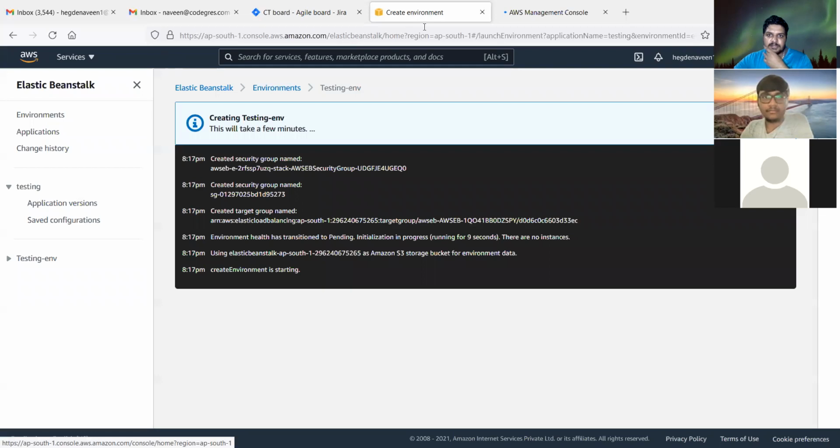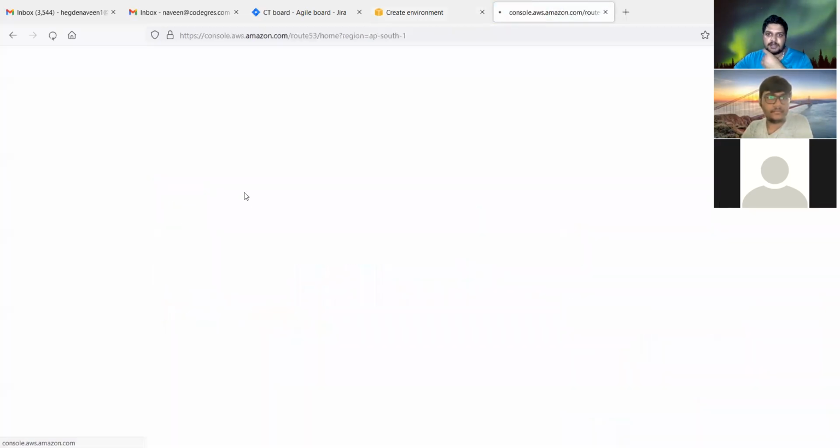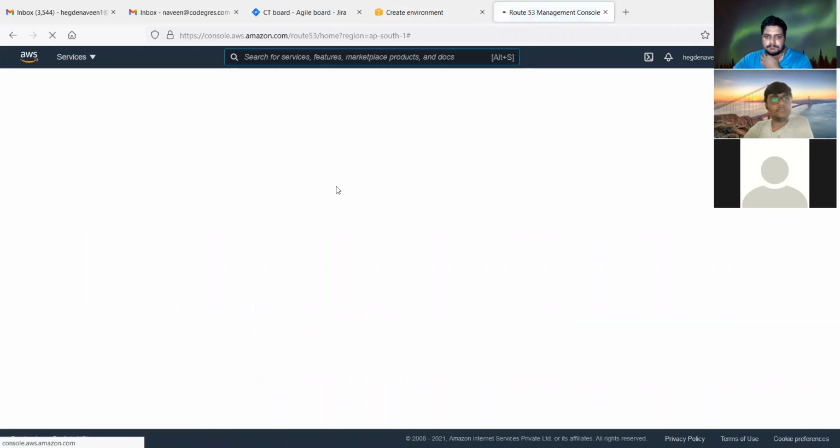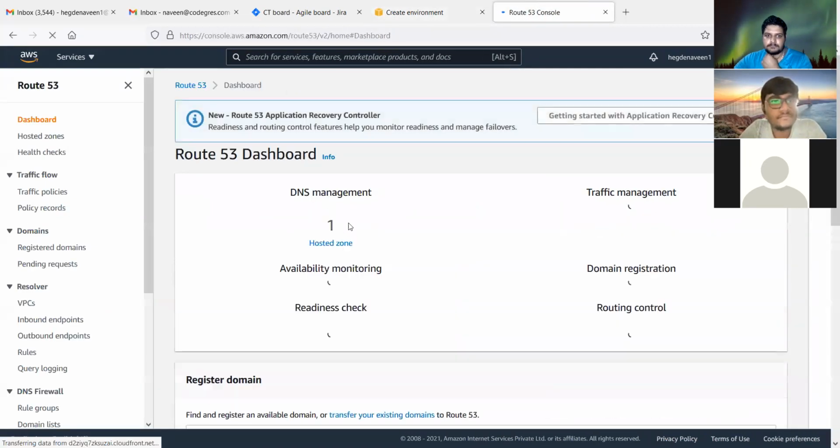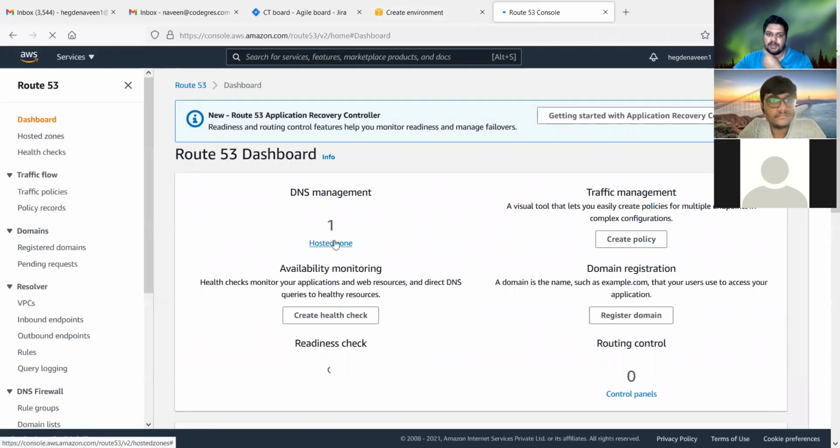So AWS has a DNS called Route 53. I'll show you. So here I assume your domains will be in GoDaddy or something like that, right? I have a domain in GoDaddy, but I'm using Cloudflare for the DNS management. Okay.